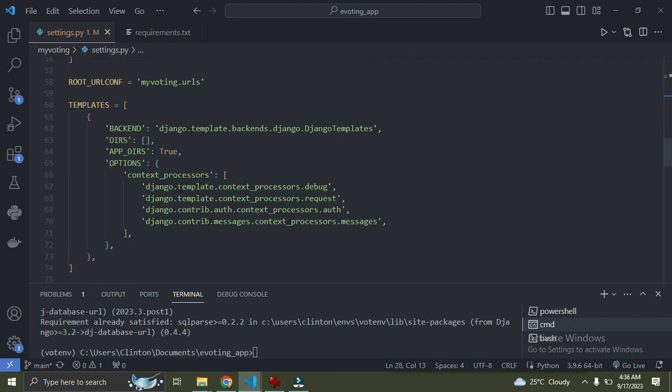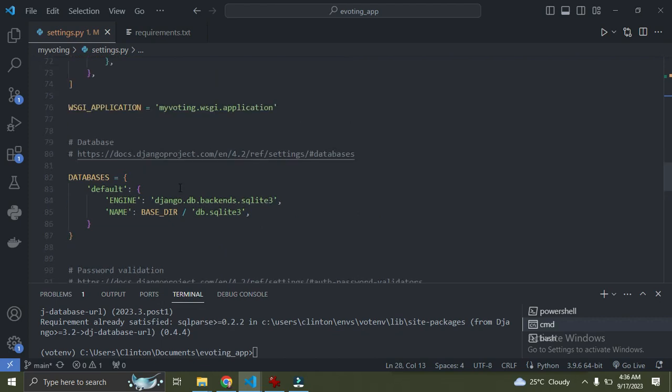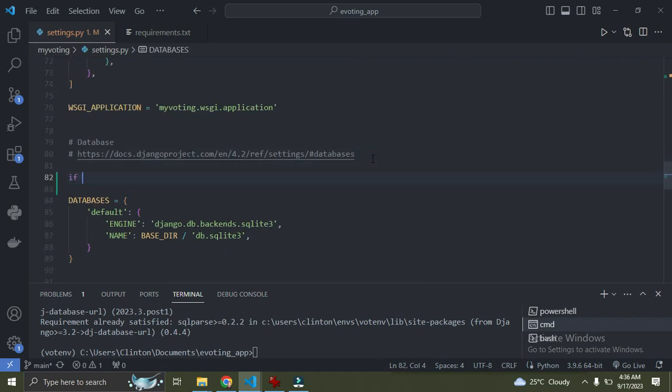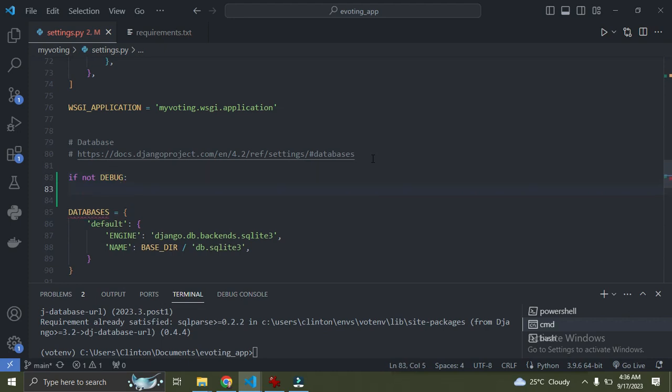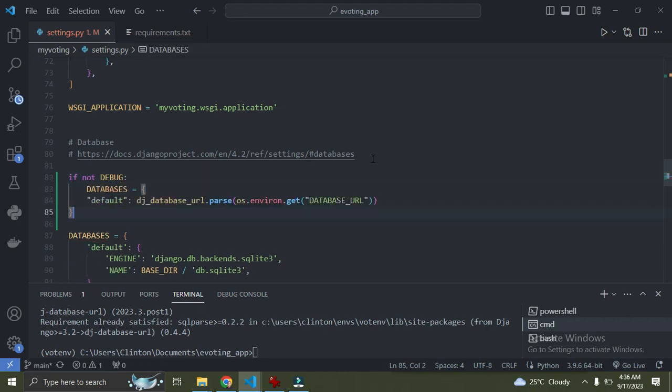So I'll come over here and use an if condition. I'll say if not debug. This is trying to say if debug is false. If not debug is the same thing as saying if debug is equal to false. So currently we're saying if debug is false,